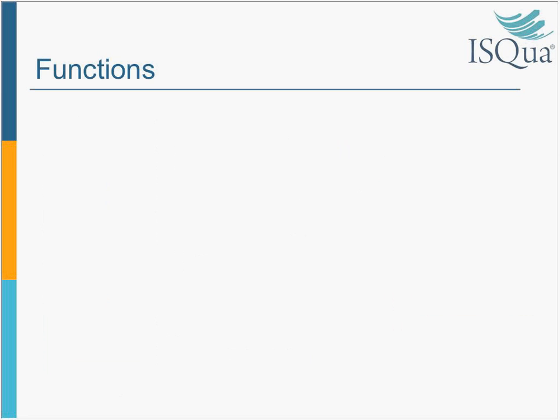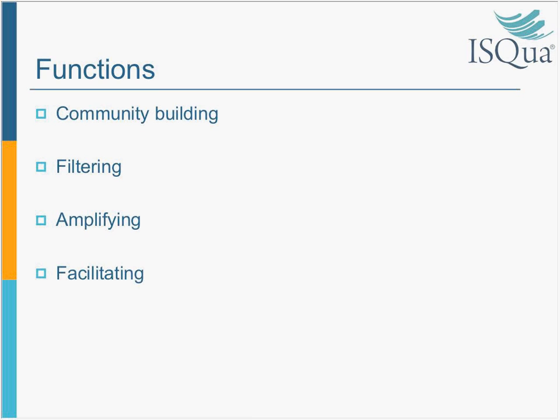There must be reciprocity of people to make sure that the network does work, and we have to have community building. People need to understand that we're building a community of improvers. We have to filter information to make sure people are getting the right information. At the same time, we have to amplify things that work. So I'm going to give an example: on my recent visit to New Zealand and Australia, I saw a number of things that worked. How to amplify that so everyone learns about it and that can get put into action.